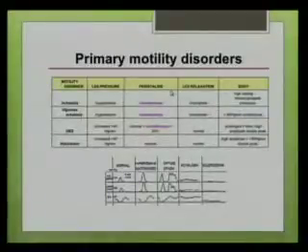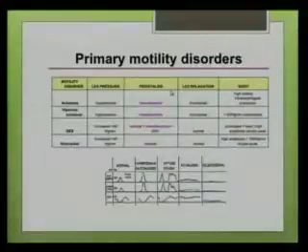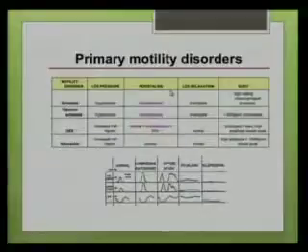And what you'll see in a normal esophagus is you'll see a series of blips as you go down the esophagus. And then when you get to the lower esophageal sphincter, that blip is going to be taller than all the rest of them. And that's the way I remember achalasia. If you have a nutcracker esophagus, the pressures are inordinately high all the way down. And that's just basically the difference. The rest of them you don't need to worry about.